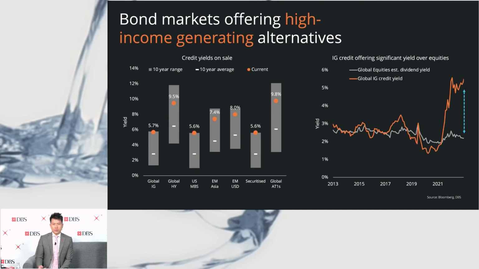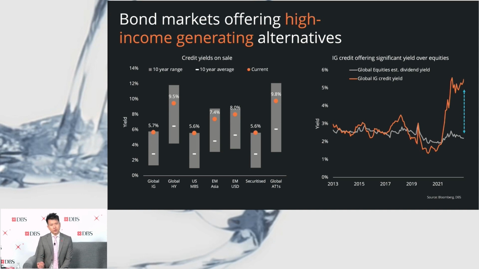right? You also look at the chart on the right and compare, and you see that the orange line representing investment-grade credit yields have opened up a gap over equity dividend yields to a size that we have not seen really in the last 10 years. Again, when you compare it against another asset class like equities, bonds again look like they offer very favorable income generation, safe income generation. So whether it's against its own history or against another asset class, the bonds still look like they offer value.